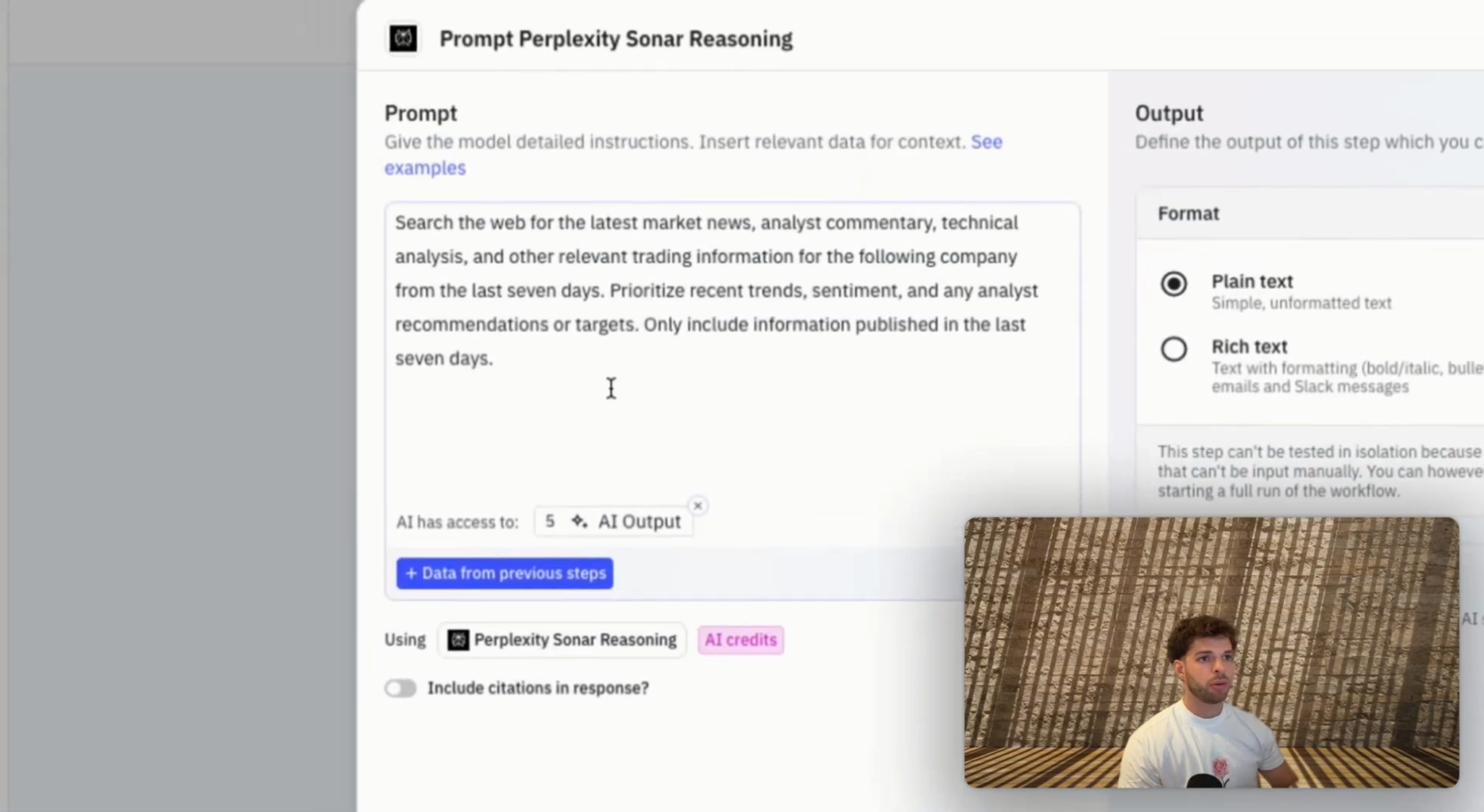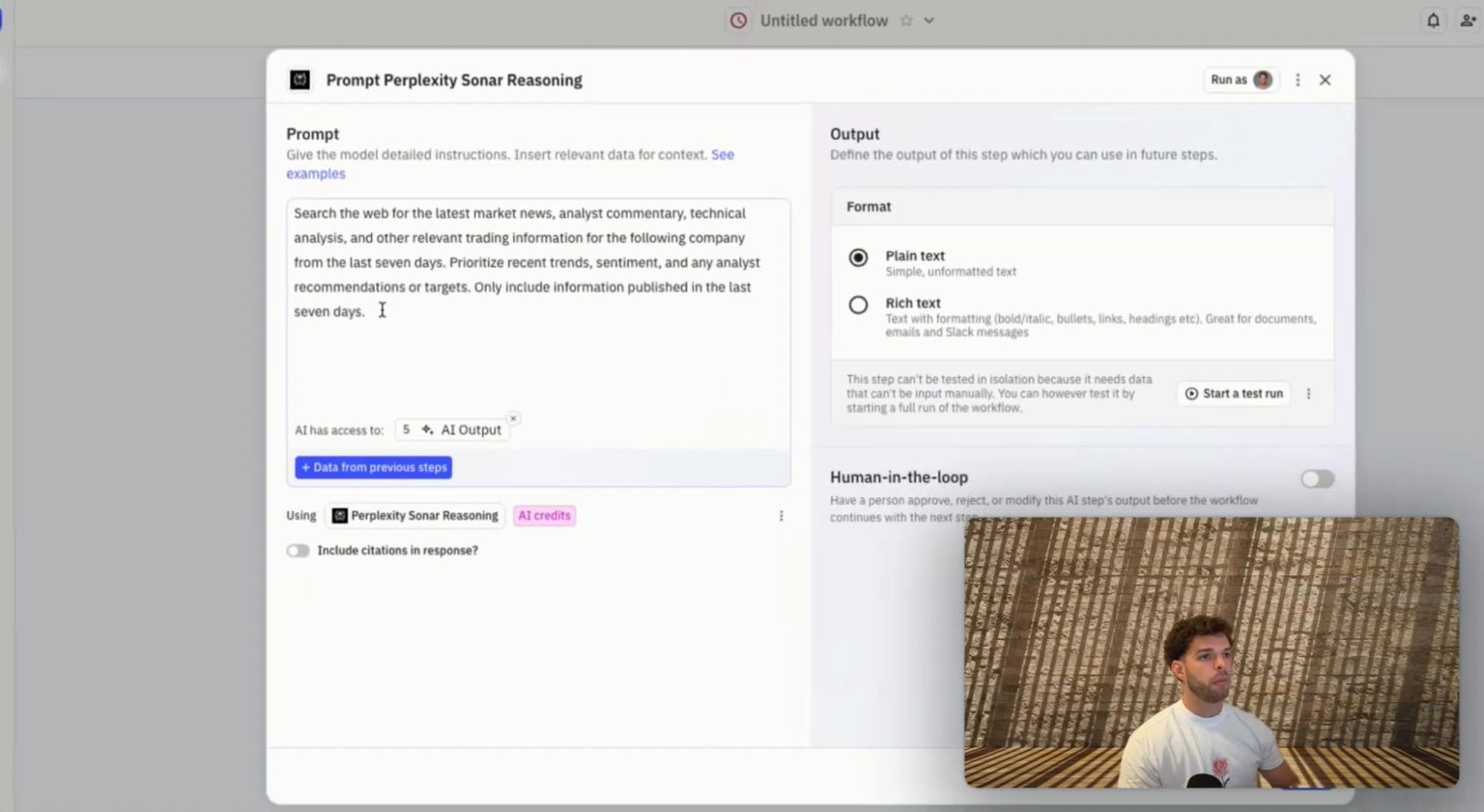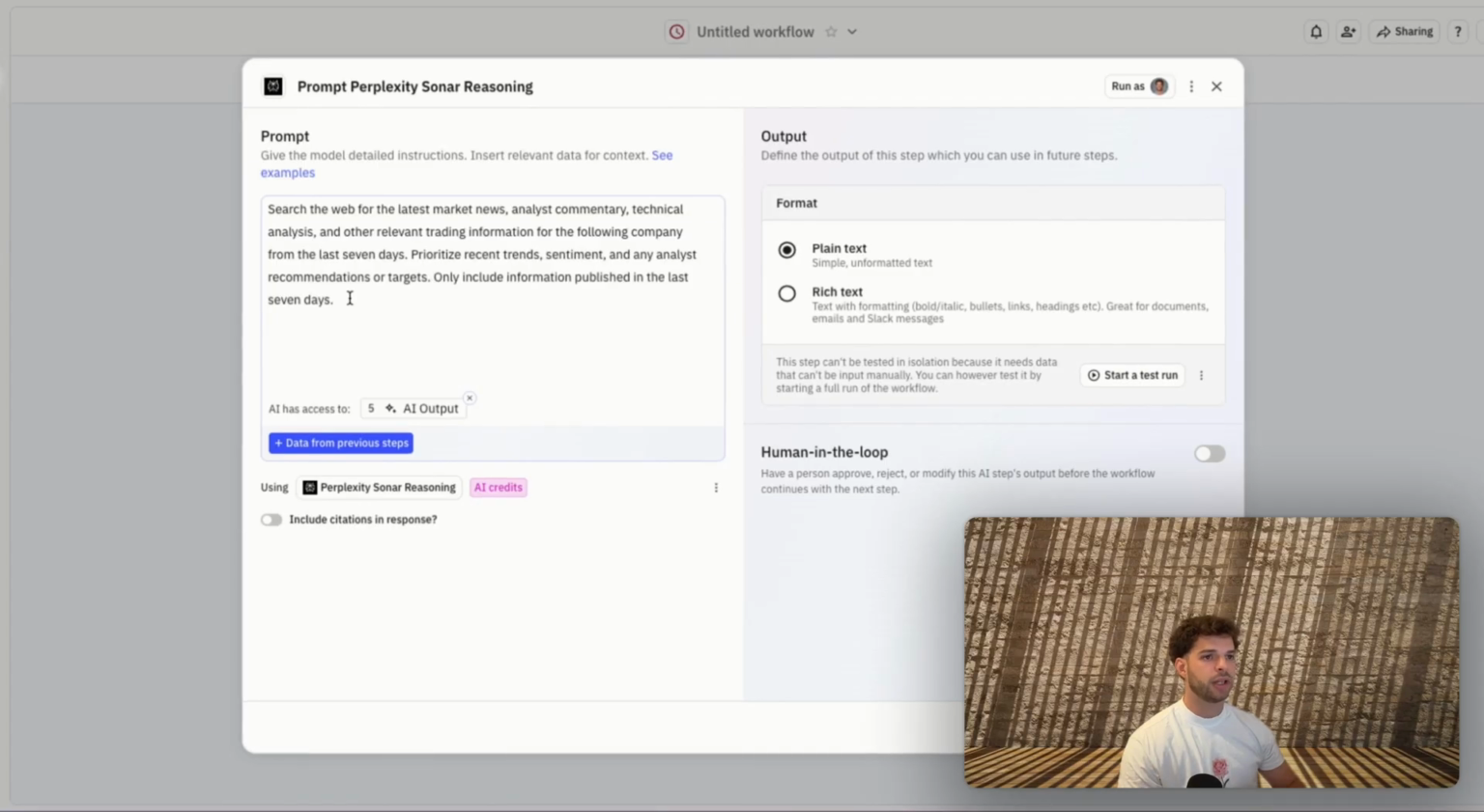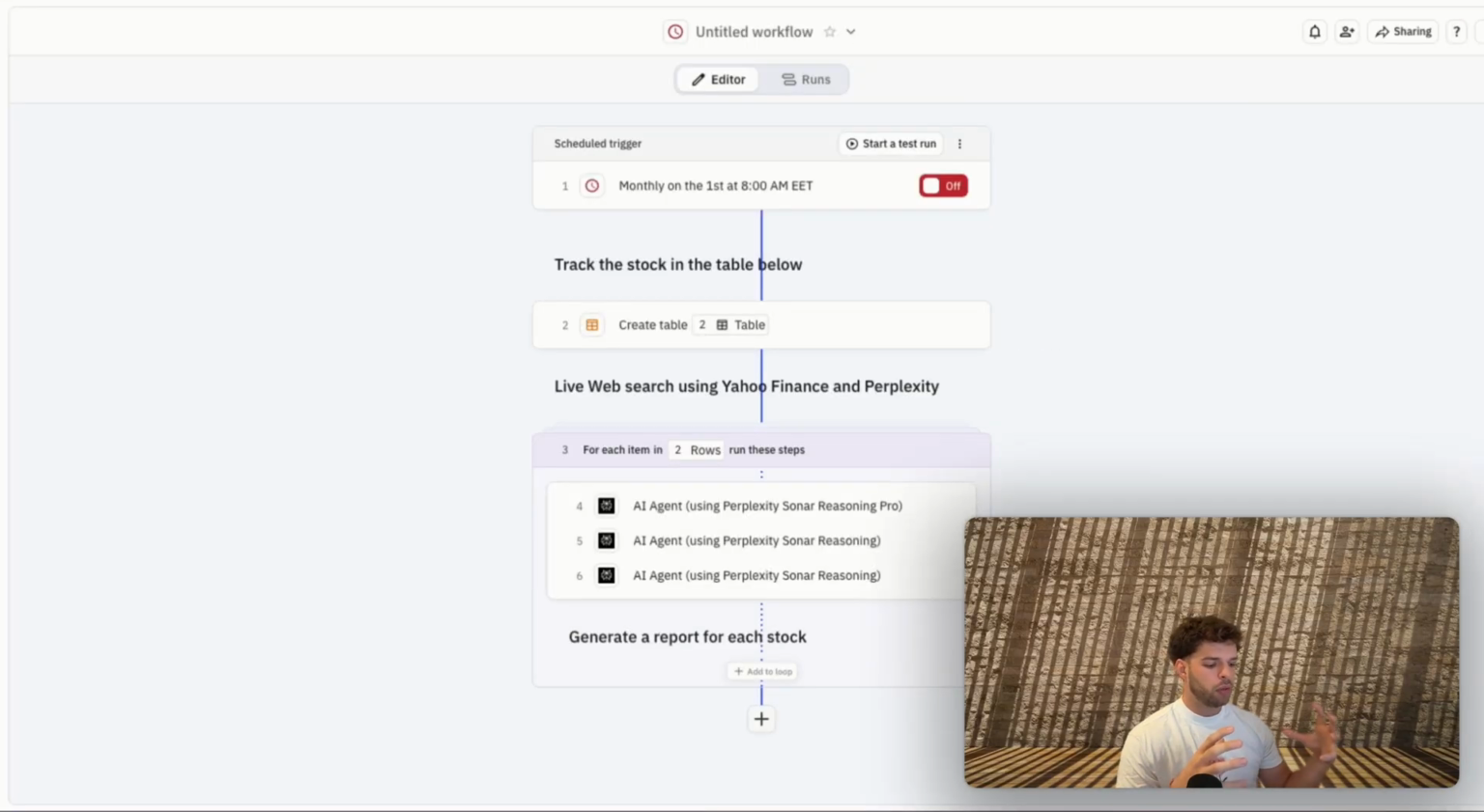And in the third step, I'm telling them to look for market news, analyst comment, technical analysis, and other relevant trading information for the following company. Same model as we said before. Now we only want to create a report with all the information which we have found thanks to Perplexity. Once we have generated the report, create a PDF and send it to our own email